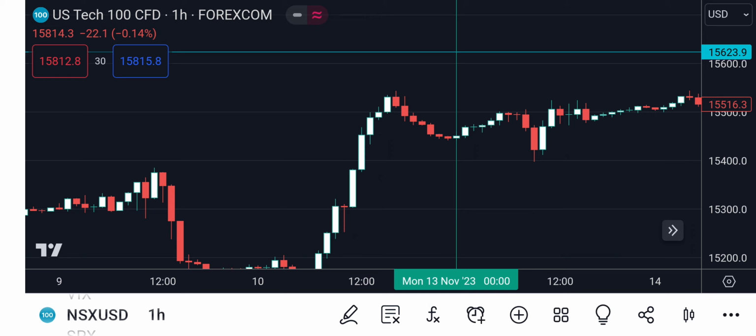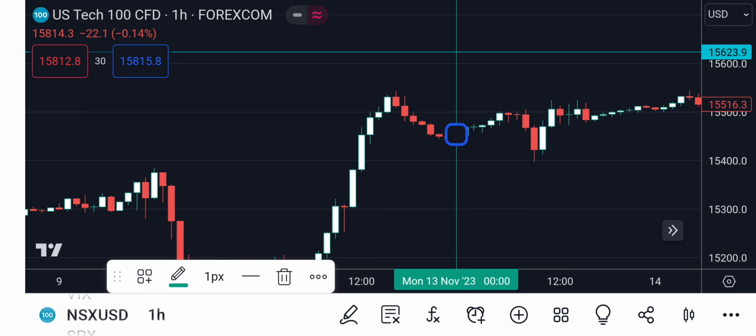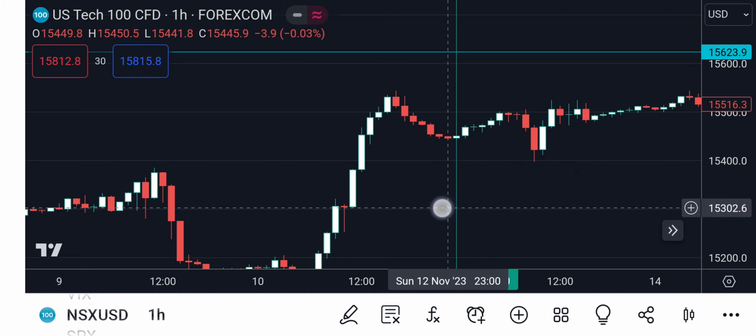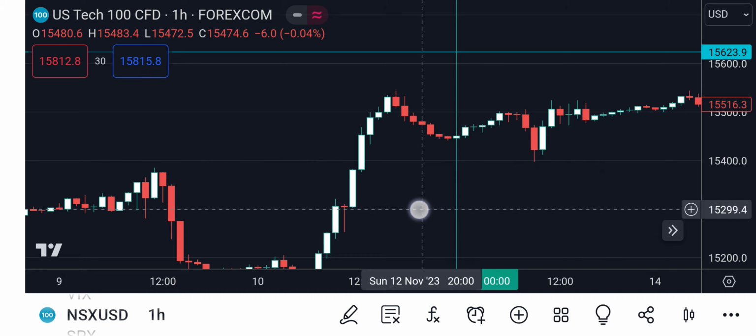And then after I'm done with that, I want to go 5 hours back from this New York opening. So I'm gonna count 5 candles going back. In this case, it's 1, 2, 3, 4, 5. That's 8 o'clock. I also like to go back to 6, because around these 2 candles here,